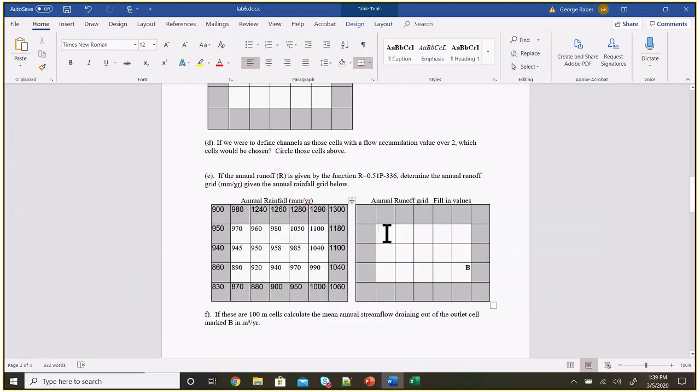150 something millimeters that flowed off of that cell. So it's as if the cell was 158 millimeters deep for the whole cell. And so to calculate the volume, we need to calculate 100 by 100 times the cell size. Or alternatively, we could just add all the cells up that are inside the watershed, and then multiply by 100 by 100. So we're going to do zonal statistics, and then we'll get the zonal sum for the watershed, and